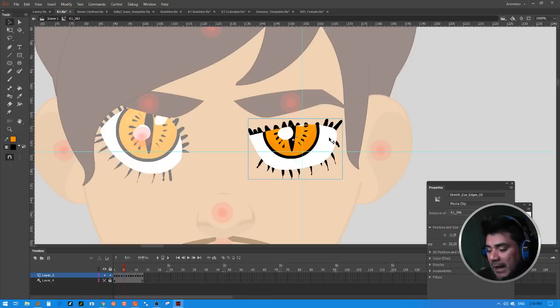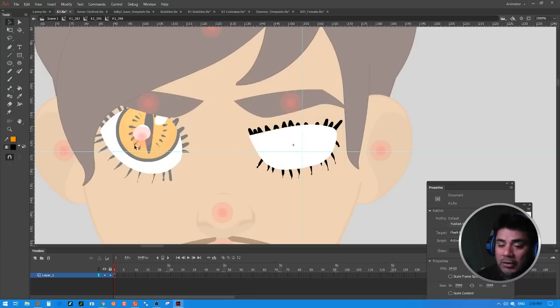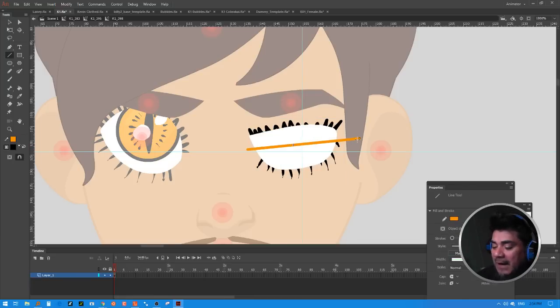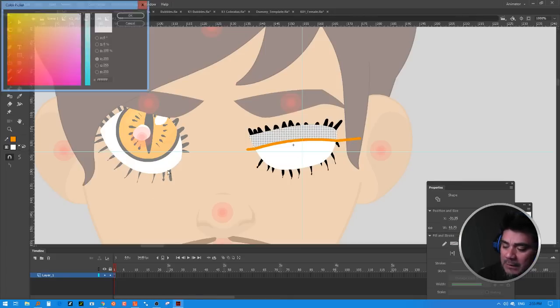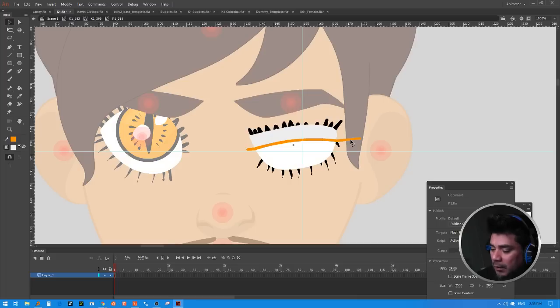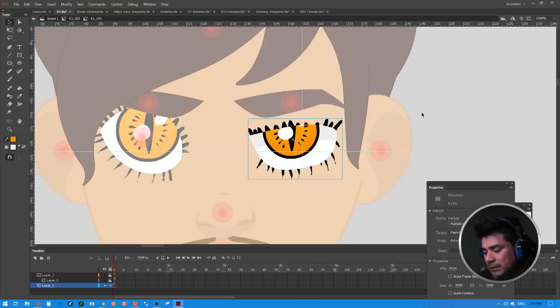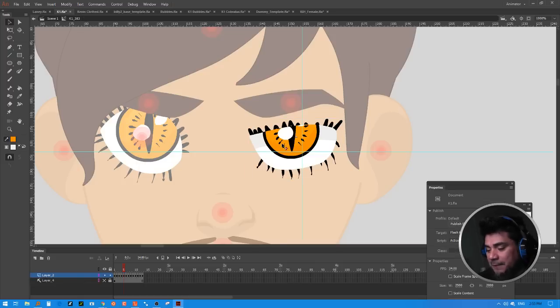You can do stuff like adding shades. A cool little thing that people do is they divide up the eyes, and they'll make the top part a little bit darker, and it gives it a nice little effect. If you want to spend the time doing it, go for it. It'll only make your artwork a lot nicer. So I have 2 different colors. It kind of gives it a nice little shade effect on the eye. You can do stuff like that, but I don't recommend modifying the actual shape itself, because then you'll have to